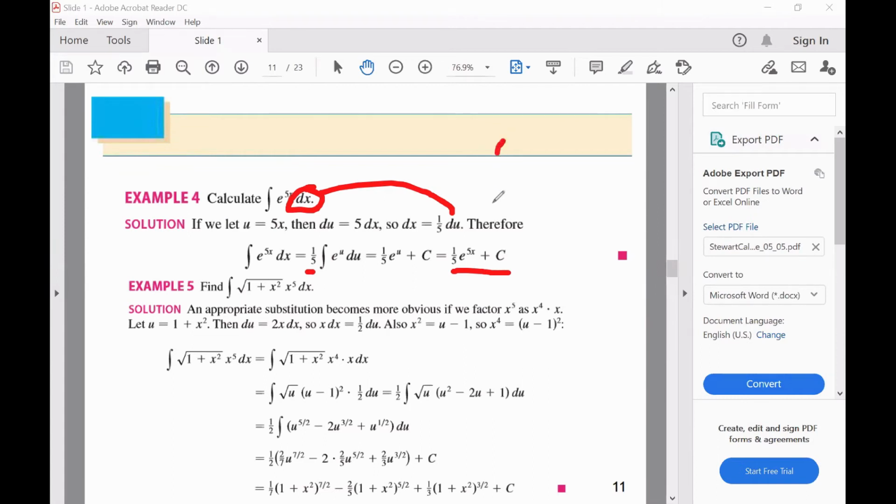Now an example of the same type: what is the integral of exponential 7x plus 2 dx? That is, exponential with 7x plus 2 in the power, dx. Try to do this. I give you 5 minutes, think about it. This indefinite integral, exponential 7x plus 2 dx. Try to evaluate this.